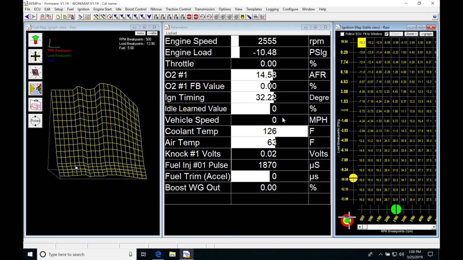In order to understand this a little bit better, let's take a look at the AEM water meth controller and how it's going to be working. Because that's typically what I use when I use water meth injection. It's a pretty inexpensive water meth kit, and I really like the way that the controller brain works. It has failsafe built in,